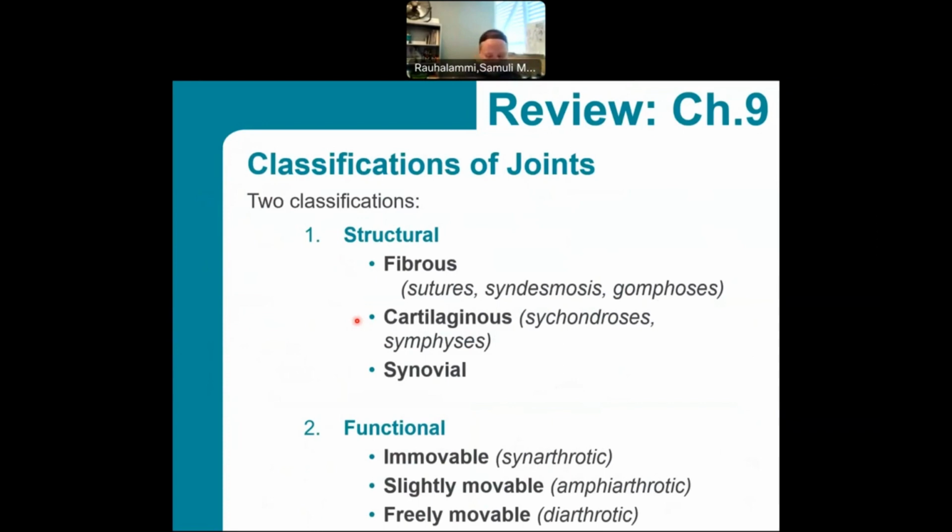The final example is probably my favorite example of the structural classification of joints, and that's our synovial joint. This is probably the more complex and also more important joint type. Synovial joints are free moving joints, and they're the most complex joints that we see. In order to talk about synovial joints, I'm going to try to sketch out a synovial joint with you. So let's have a look if we can do that together.